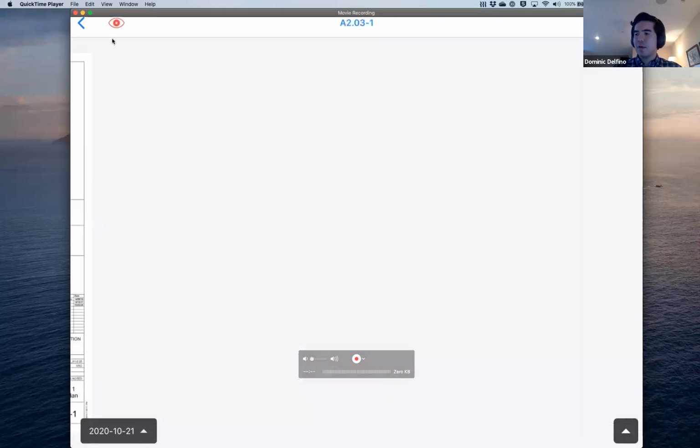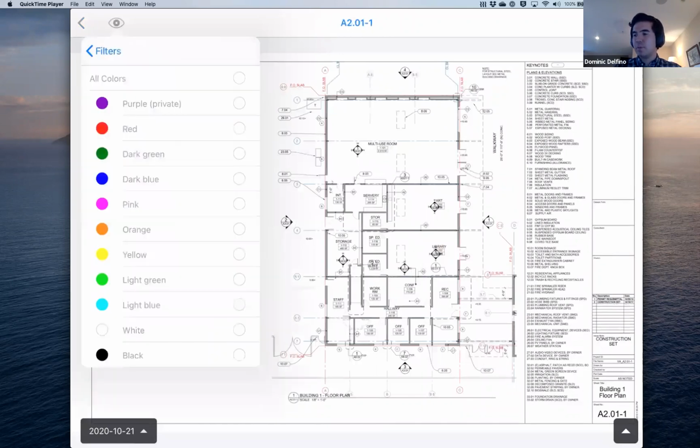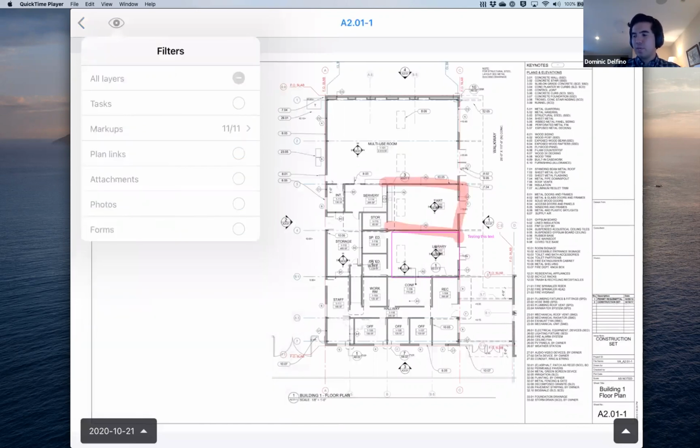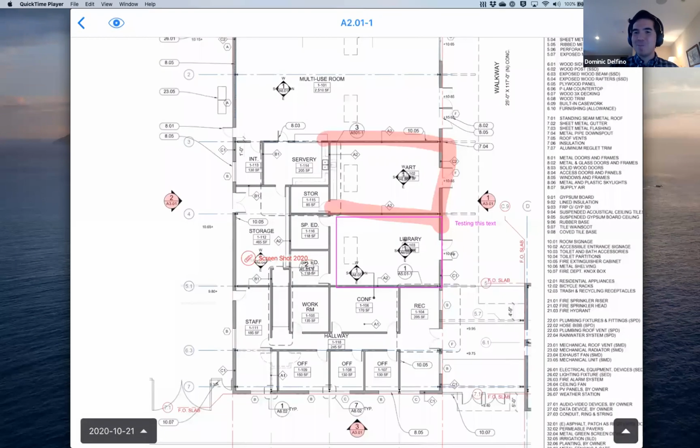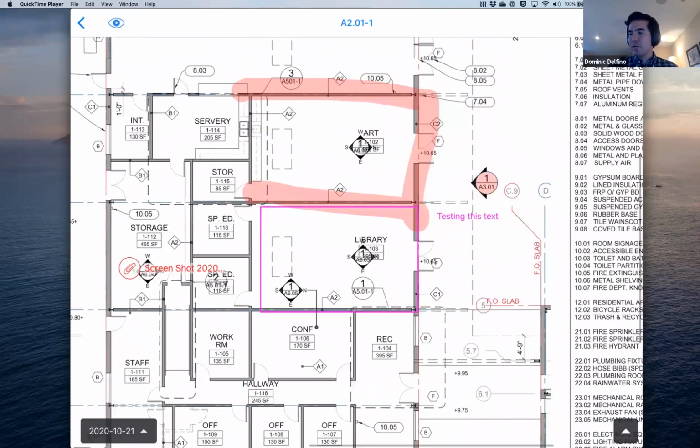If I turn that filter back on, I can actually do it based on the color of the markup. So maybe I'll want to see pink. So only the pink markups come up there. So just a heads up, that's one thing I wanted to make sure everyone was aware of. If you mess up, yes, delete it. But if you're just trying to remove it from the view so you can see a clean sheet, use that filter option. But then if you did mess up, it happens all the time, fat fingers, whatever it is,